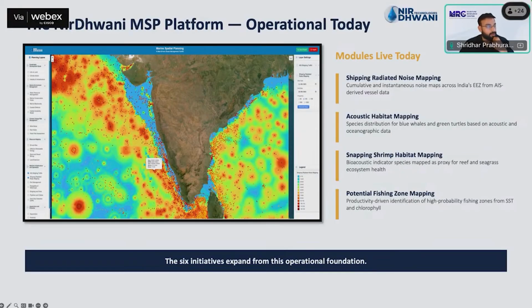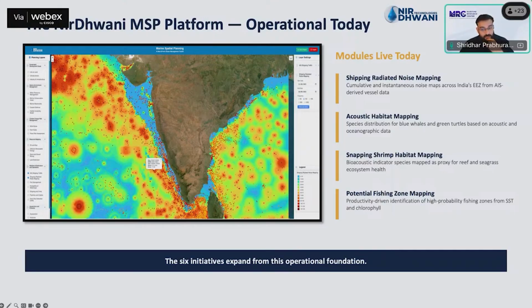Now, looking at some of the unique deliverables and the modules that are live today. This tool is something that we've already built. This is the shipping noise mapping, the first initiative that I was talking about. The small dots that you can see represent individual ships. And as a user, as a stakeholder, you can zoom in, zoom out, and identify the different regions that are areas of interest for you. The larger heat map represents the overall noise level ranging from 10 to 120 decibels throughout the region. You can see the correlation between the extremely dense traffic regions and the noise that is being generated by these ships and how it is propagating.